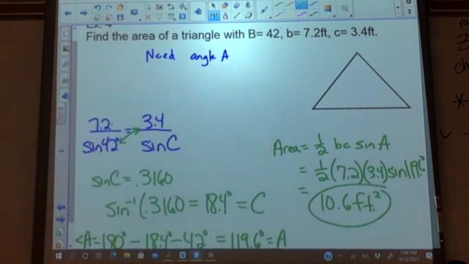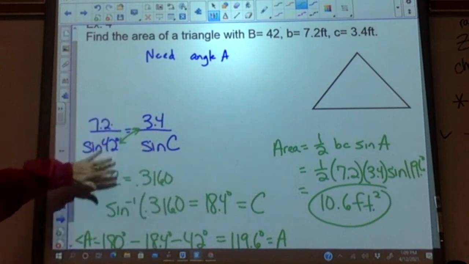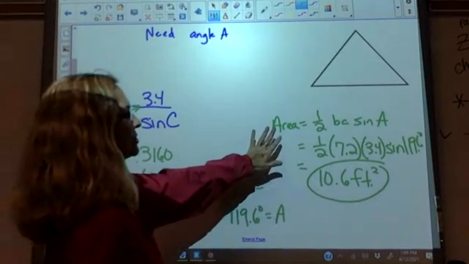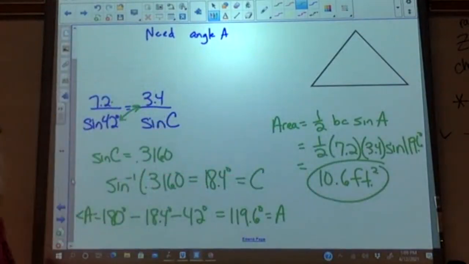So this is a multi-step problem, but it's very simple. It's just do a proportion, and then you do the subtraction problem to get the angle. And then you just set up the formula for the area. Okay? All right, now,